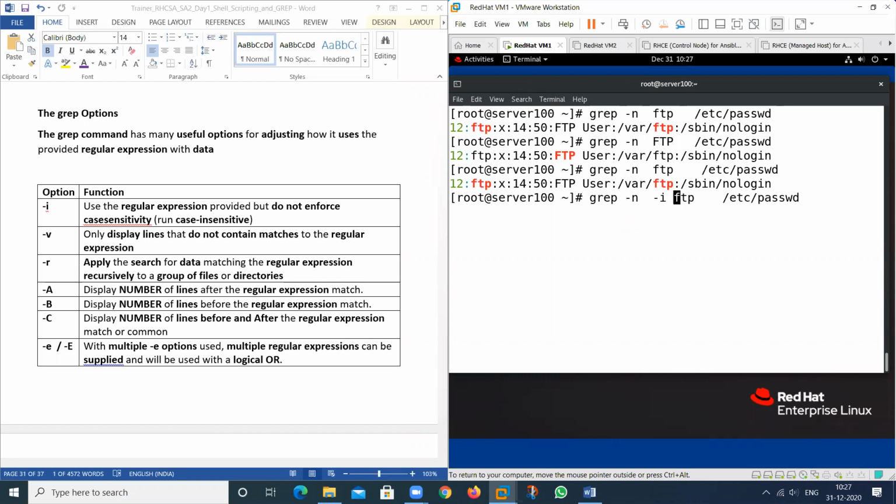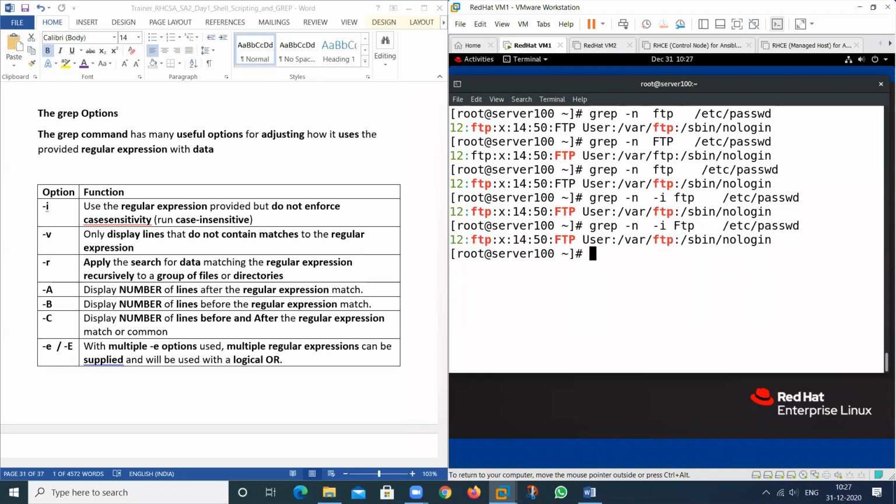If I want to ignore that, we can use -i. It means it will ignore the case sensitivity and print the whole thing that I want to search. If I use F in a capital, it also prints. Whole thing in capital also prints.